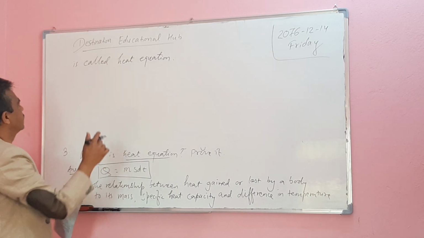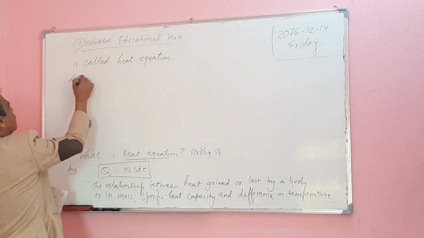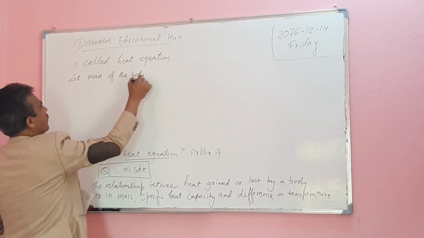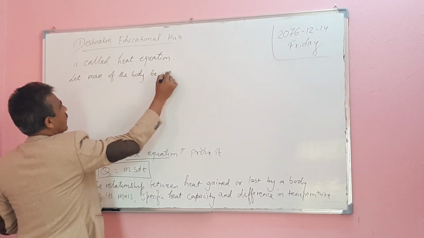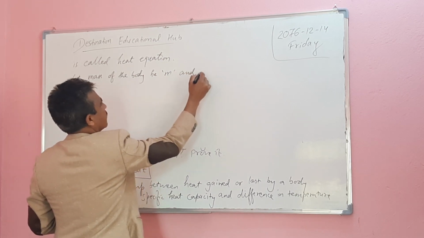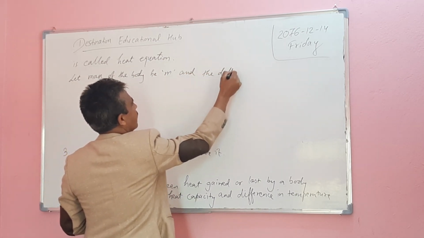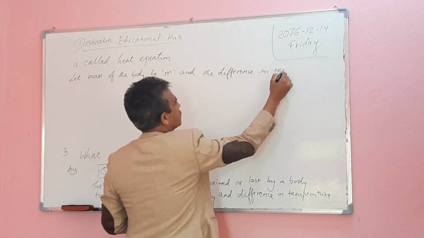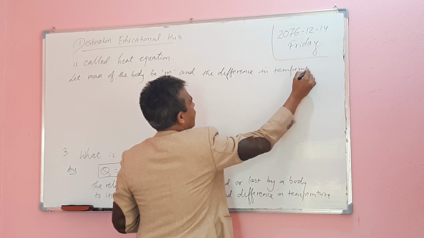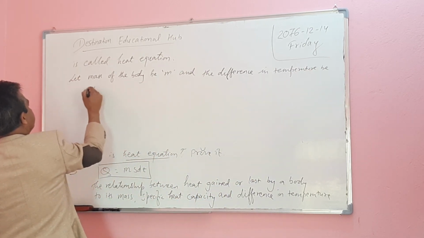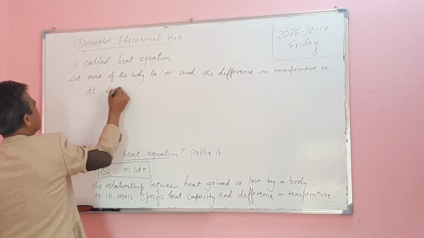Let the mass of the body be m, the difference in temperature be dt, and let the heat supplied